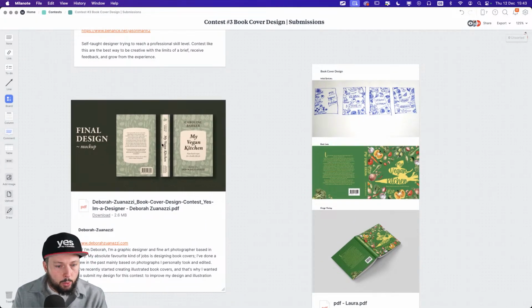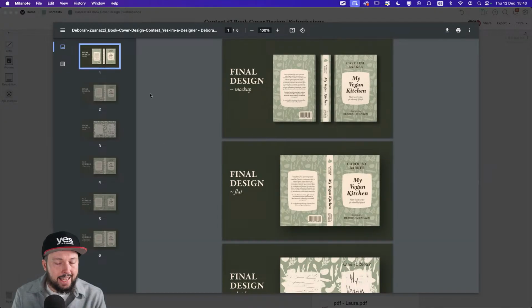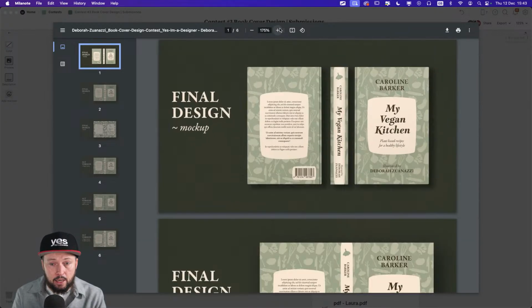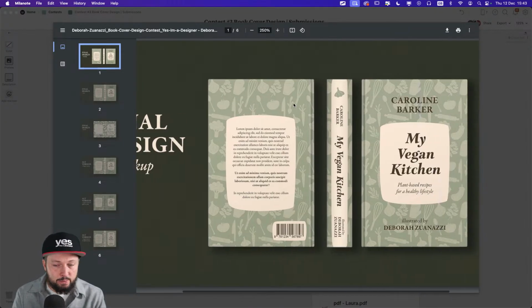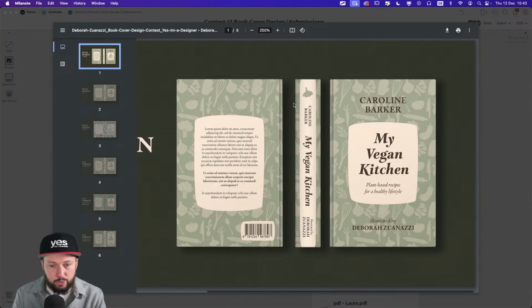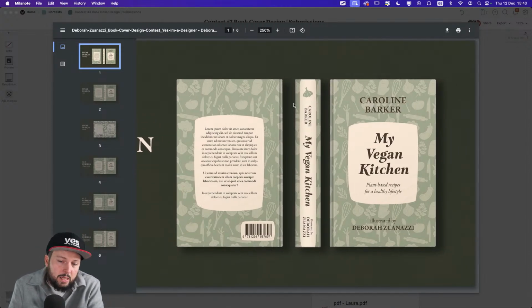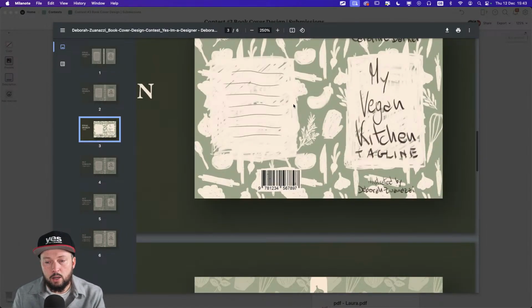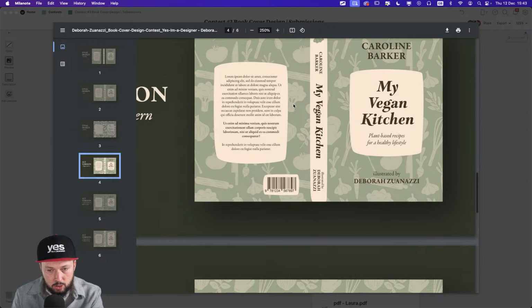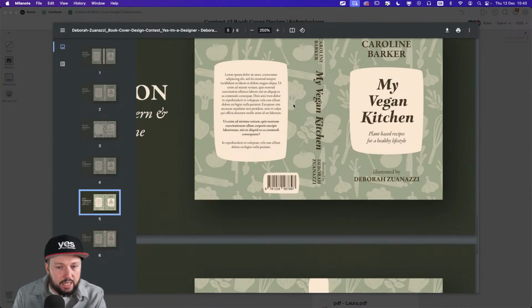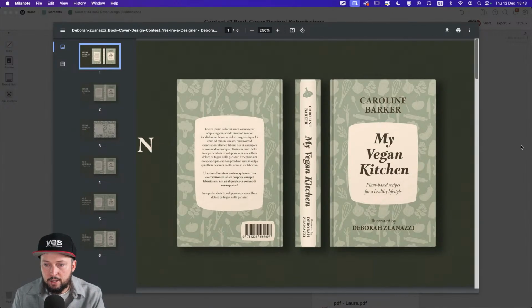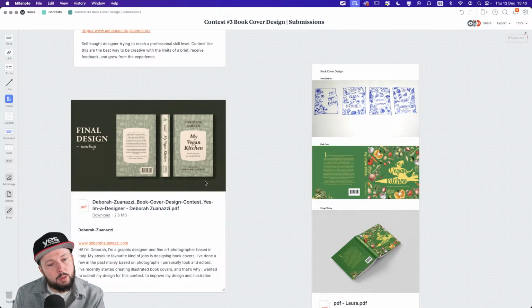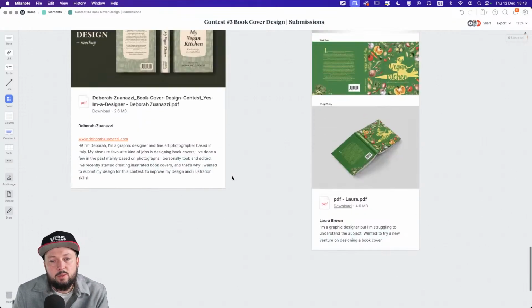Then we have Deborah's work, again, too limited color palette. It's not a yummy design, like we talked about this before. Doesn't make me want to pick this up, doesn't make me think about food. Yeah, it's just a little bit too monotone. There's nothing really that stands out. So yeah, with colors, it's good to be subtle, but being too subtle is going to make the design